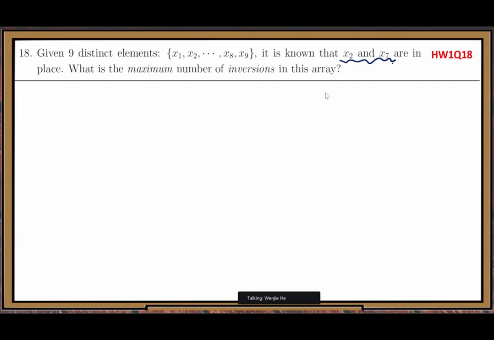Before we do the analysis, first we need to know a result, a simple result. So that is, under what situation? So here, the first thing we consider,